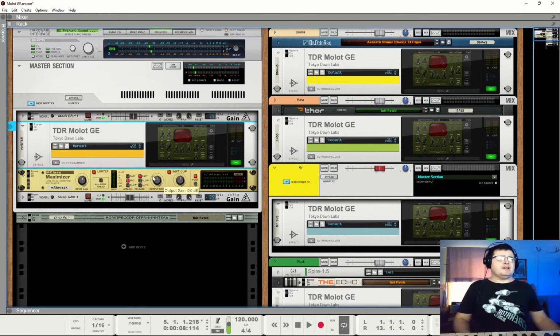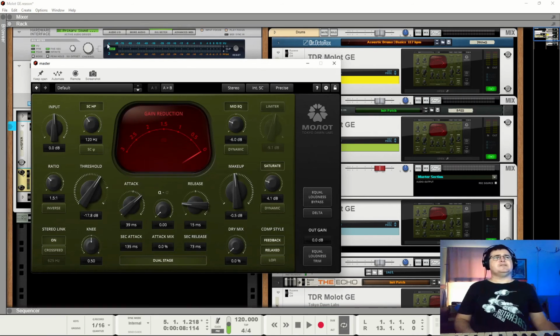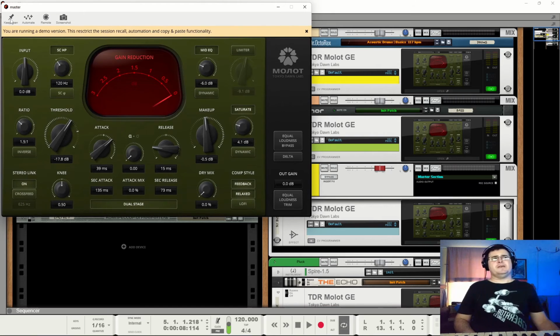I would use an EQ to address that, but it works quite nicely. So the thing here with the Molot, and this is a gentleman's edition, so the extra knobs and buttons, is that you're really going to want to take your time once you've understood compression. The more you understand compression and the oddities of it, because it's not as simple as you think, everything moves. Here you've got everything moving with everything else, and you can get some very interesting results.